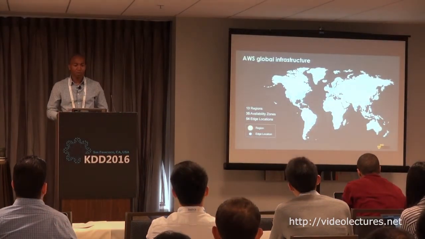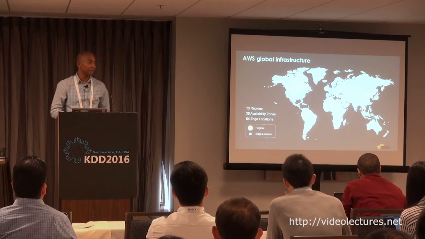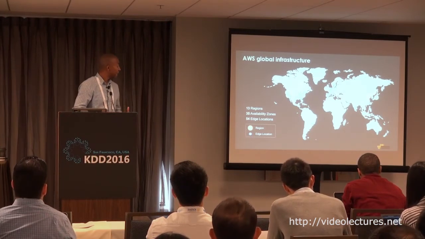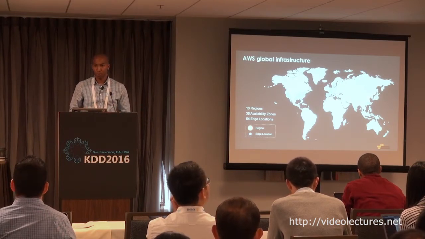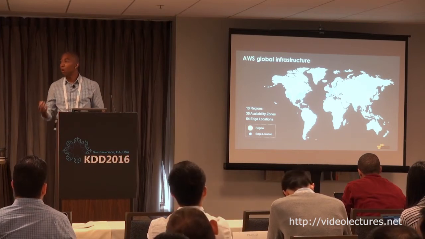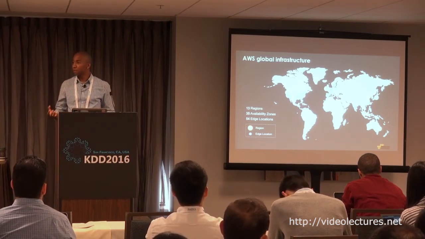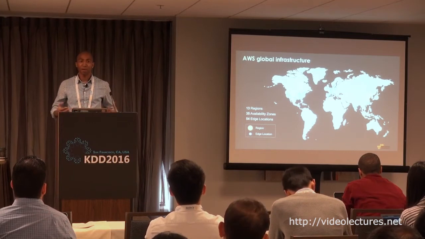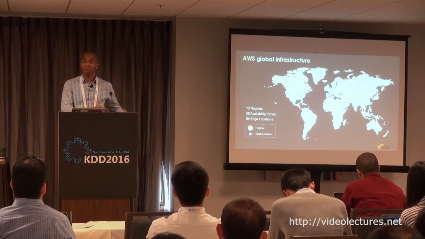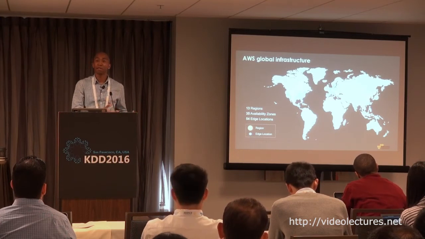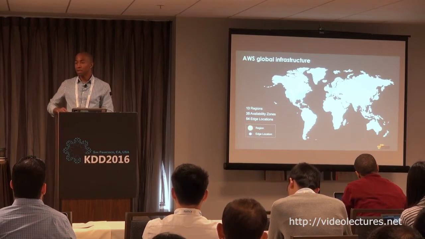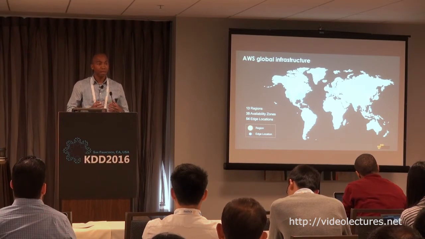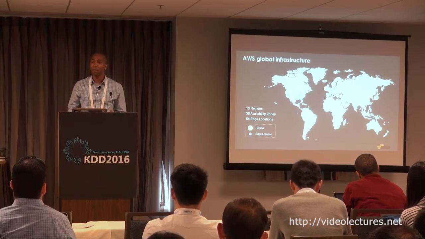So I've been talking about regions, but what exactly is a region within AWS? A region is really a large geographic area in which we house multiple availability zones. And an availability zone can either be one data center or a cluster of data centers that are all separated by geographic distance. They're all on different floodplains, seismic planes, and actually power grids. So if something happened in one particular area, it will not take down a region that's located several miles away, right? And what that actually allows you to do is to build a fault-tolerant and highly available environment within